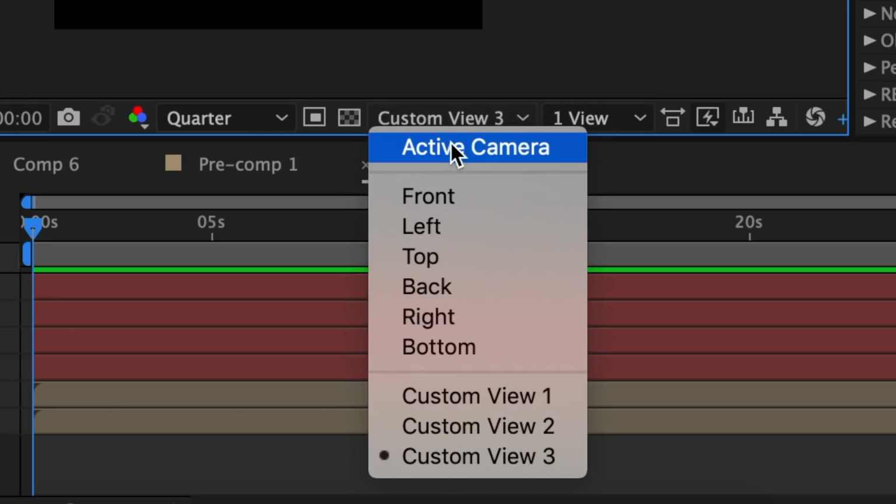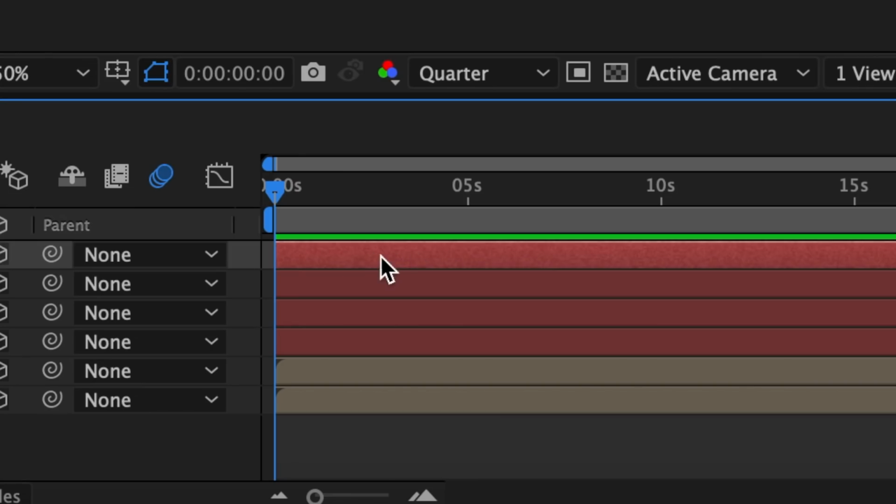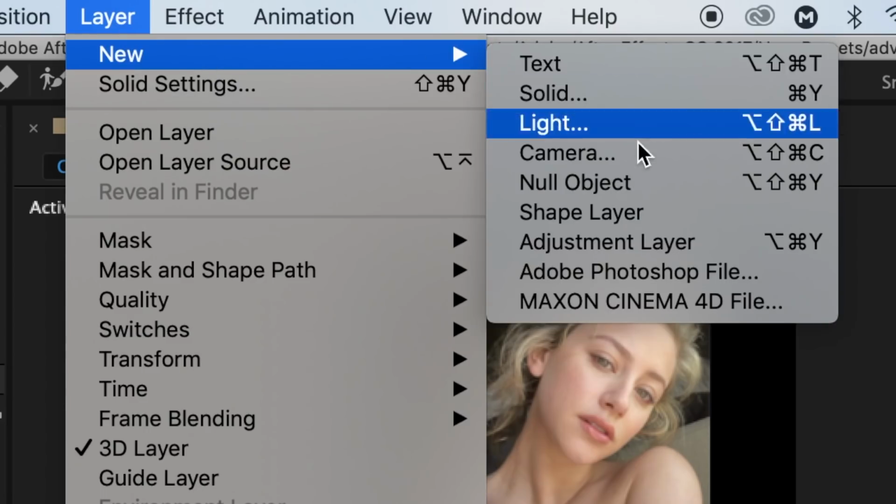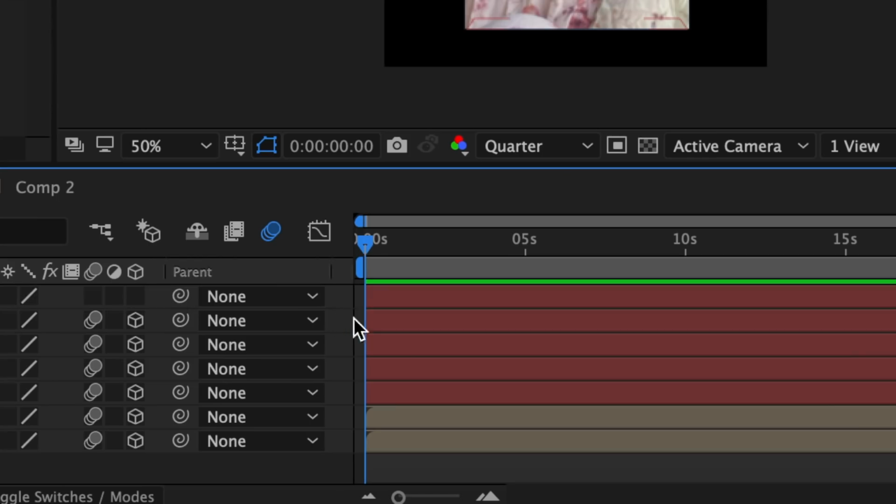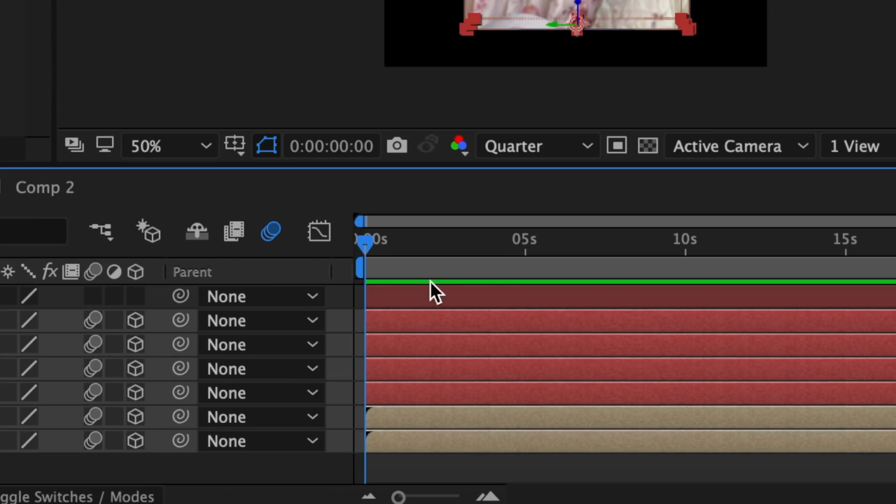Now duplicate this solid layer, and just like we did for the sides, we're going to drag this one down to the bottom. Now we're going to go back to active camera. Click on the layer at the very top, go to Layer, New, and Null Object. Now highlight all of your clips minus the null object layer and hold down on one of the spirals and